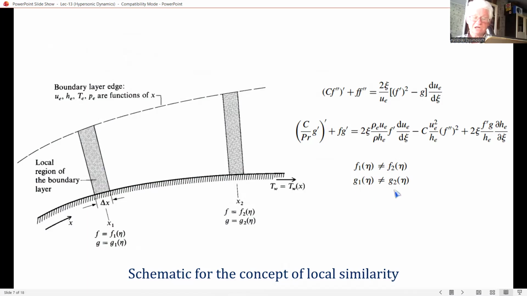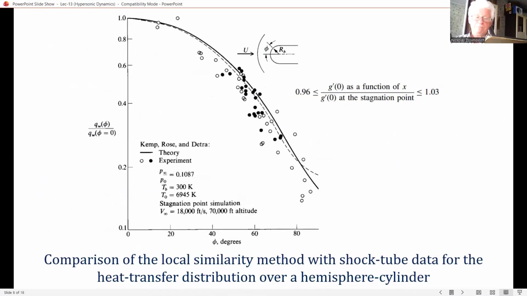And thus, the local similar solution is a solution of the non-similar boundary layer, albeit in an approximate sense. And finally, after application to many values of ξ, the preceding procedures yield the skin friction via the second derivative of f at η equals 0, and heat transfer as a function of ξ, numerically. Okay? One of the best examples of the application of local similarity is the work by Kemp, which treated